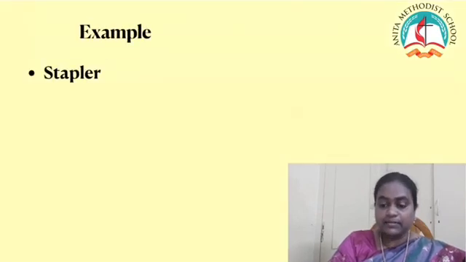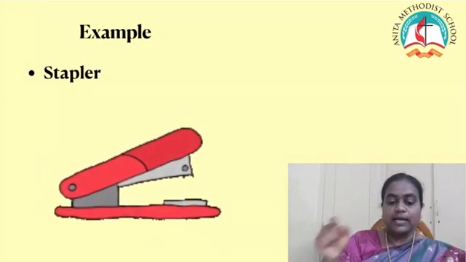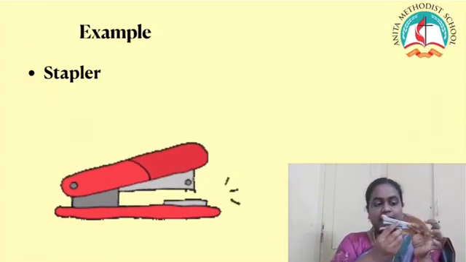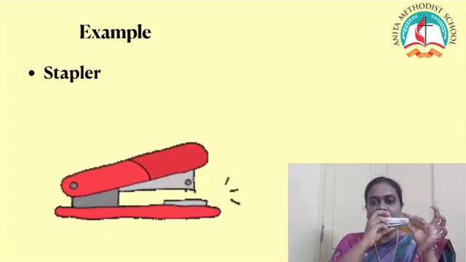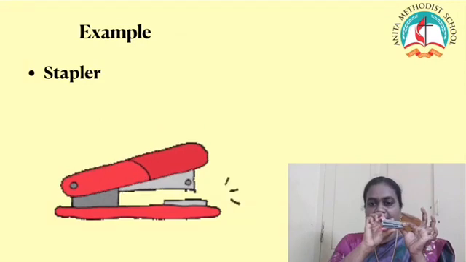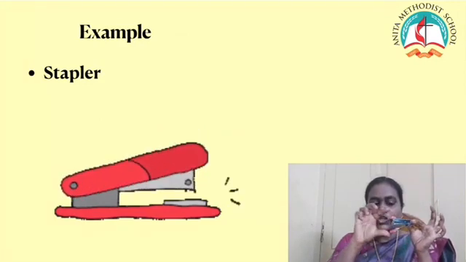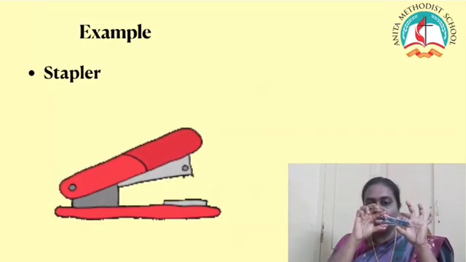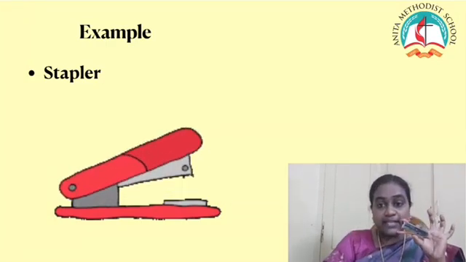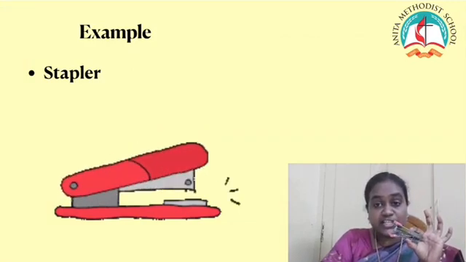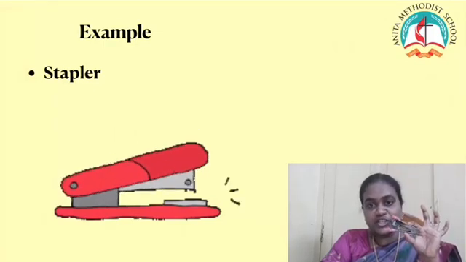Example is a stapler. Can you see the stapler, children? Okay. Here this end point is the fulcrum. This is fixed. Okay. And we will use this middle part. We'll apply force over here in between so that the load is at the end, and here it is stapled. If your parents tell you not to use the stapler because you're too small, ask your parents to use it and show it to you. Okay, children?